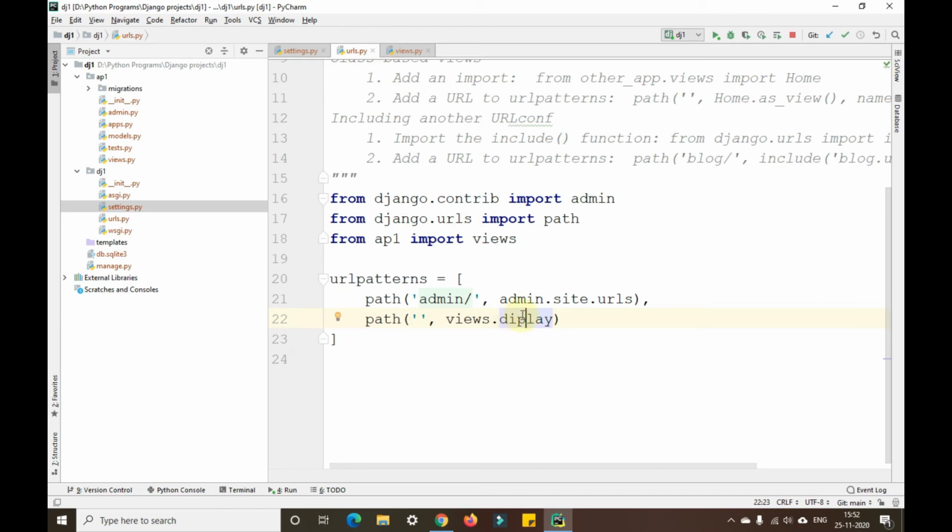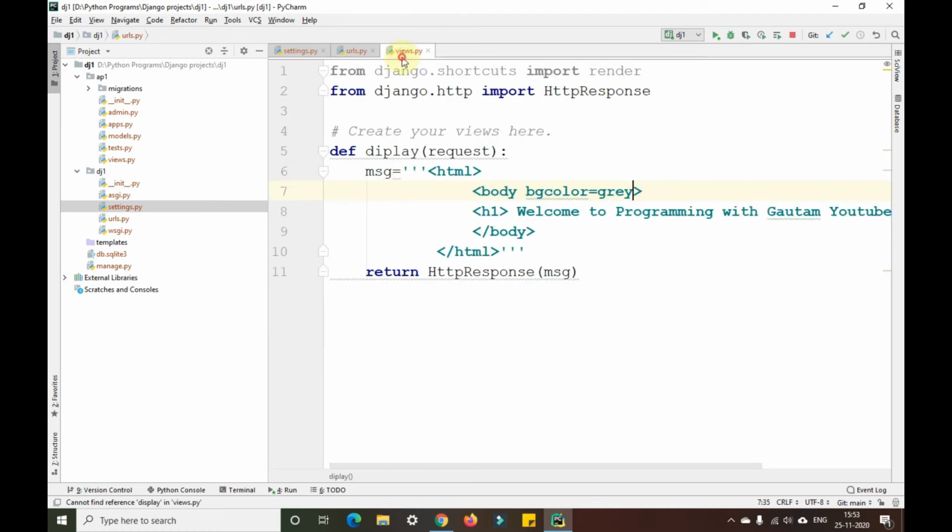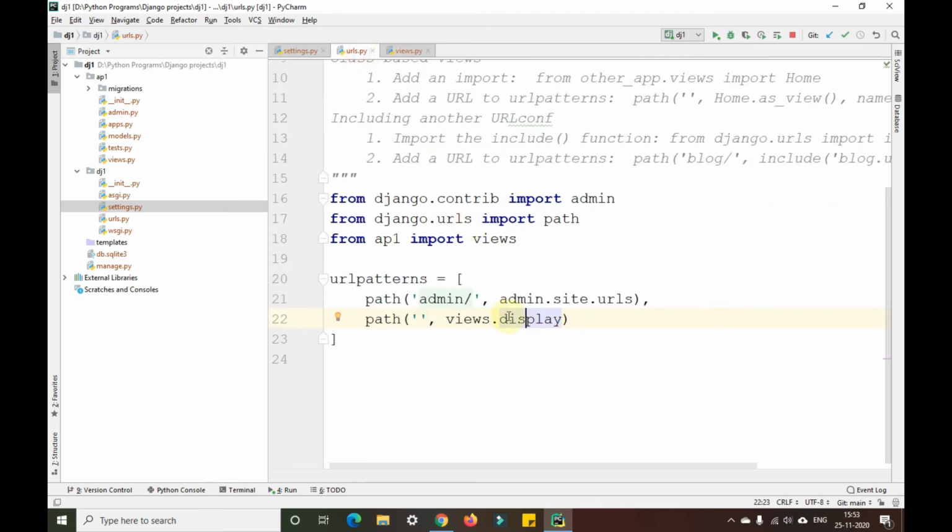So what I basically did is I have created a view called display. Then I created a path for that view, that is the URL.